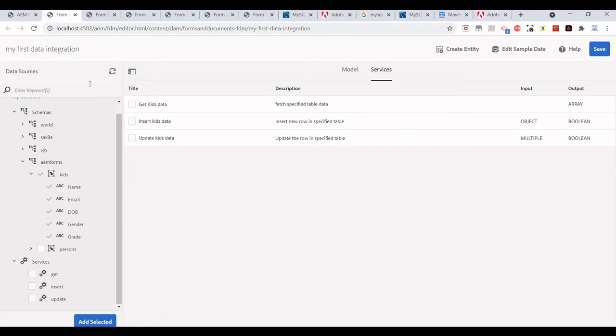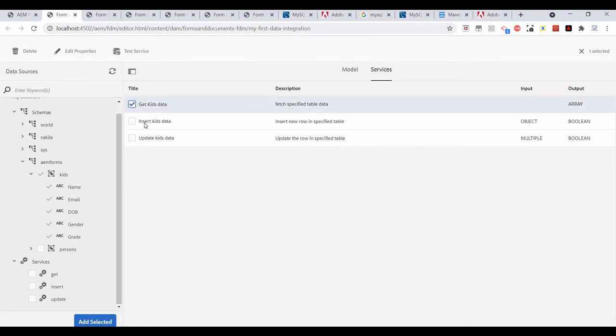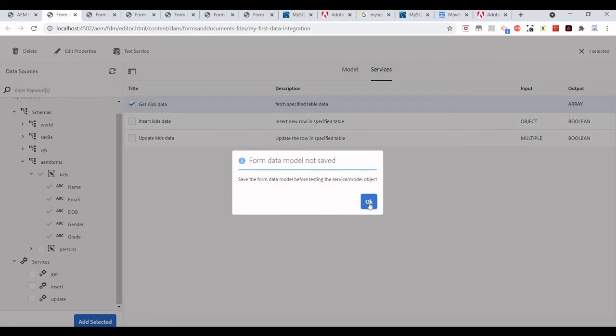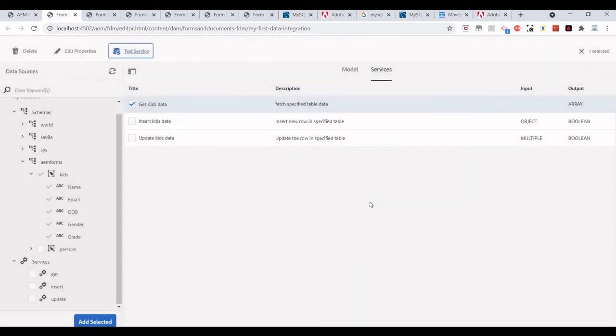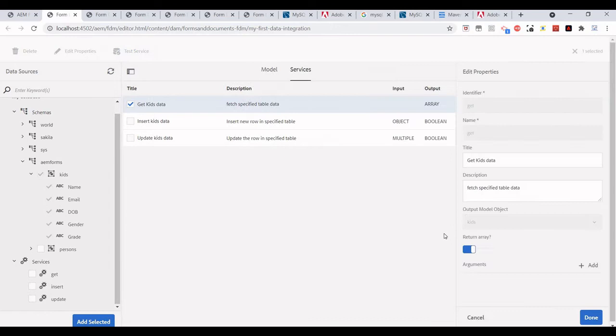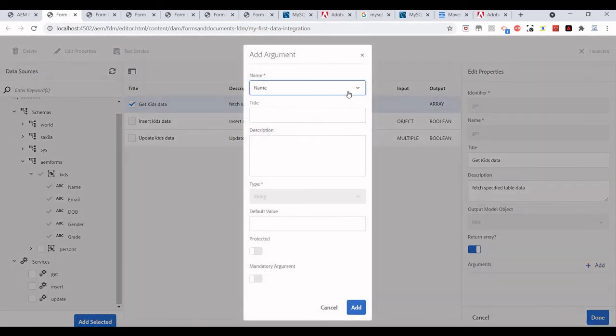Now we can test a service. For example, this get kids data, I will click on test service. Just a minute. Sorry, we have not added any argument, so that's fine.